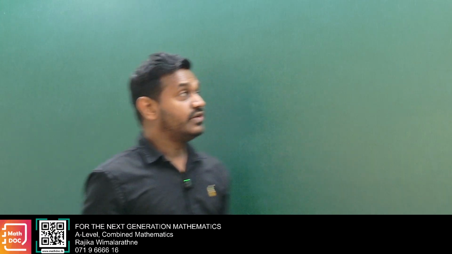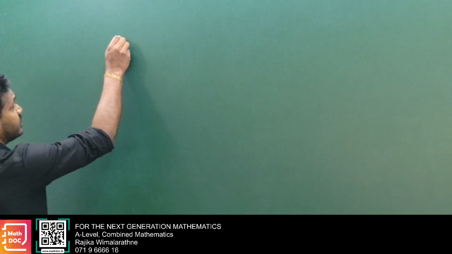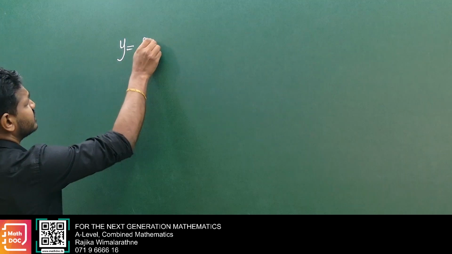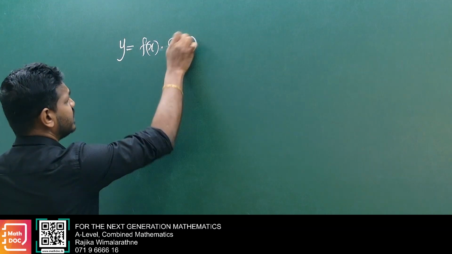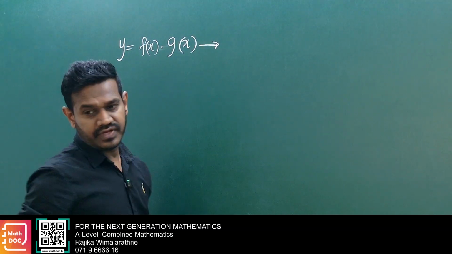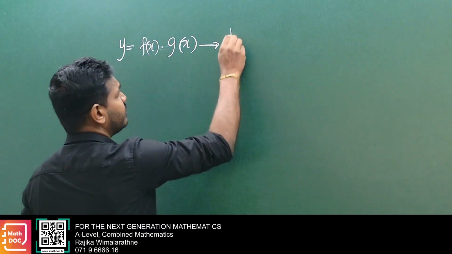So we have to practice more questions on that, and thereafter we can go further to differential equations today. Okay, now see this one first. When you have a product of two functions, y equals f(x) times g(x), here we have the product rule. Here dy by dx